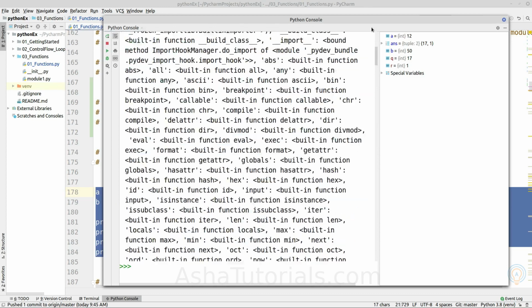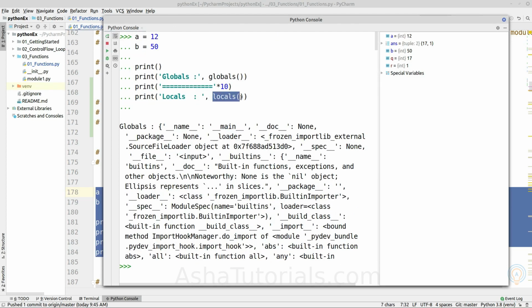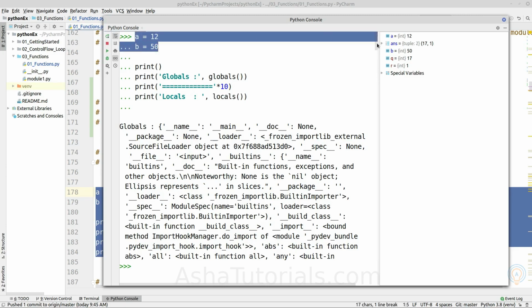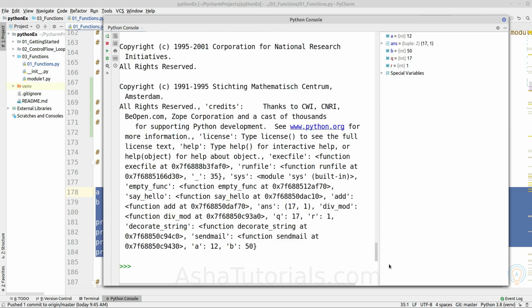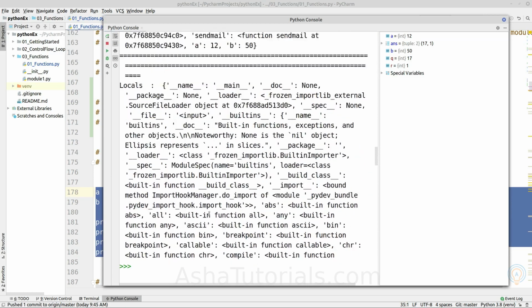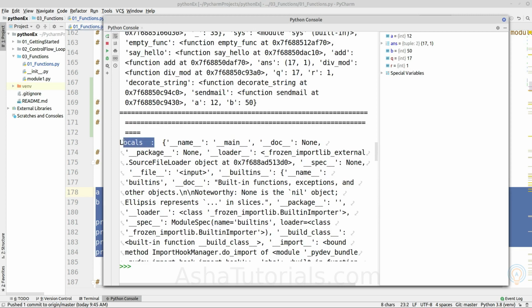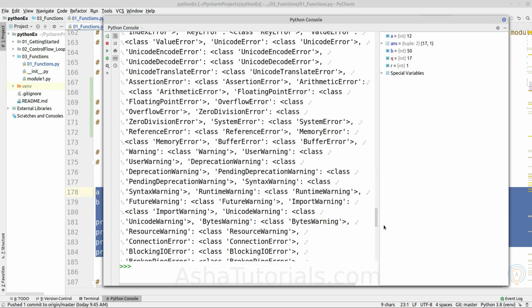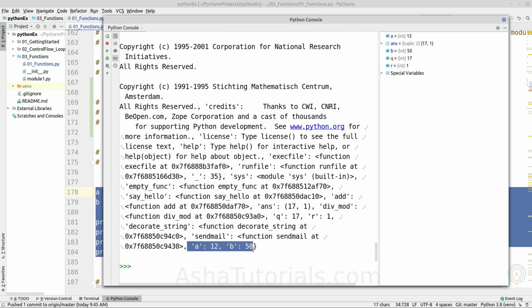As we are executing locals at the module level, we expect these two to be local variables. Here the local scope begins, and as we scroll down, you can see these are the two variables in the local scope.